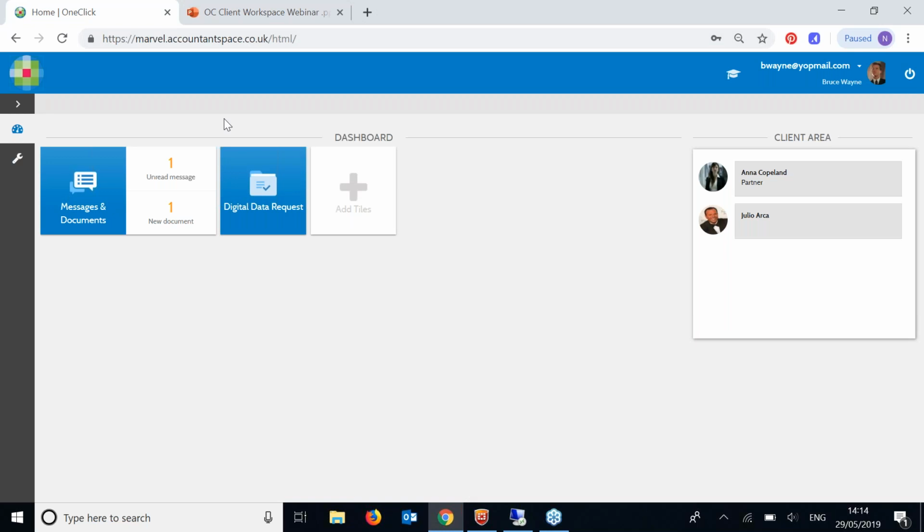So Bruce Wayne is an individual, and he is a client for Anna Copeland, and Anna does his personal tax returns. So Bruce has logged in, and this is his CCH OneClick workspace, and what he can see in here is what he's been given access to by